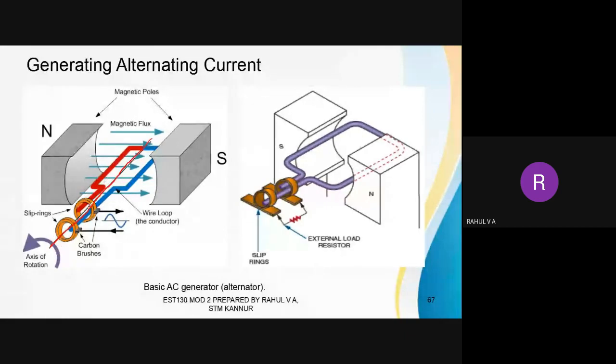Okay, you can see that one end of the conductor is connected to this point. This is known as a brush, carbon brush. The blue end of the conductor is connected to this particular carbon brush, and you can take the connection from here. The red end is connected to another carbon brush, where you can take the second connection. So there are two connections for a generated AC waveform, taken from the conductor. Because it is rotating, okay, if you connect it